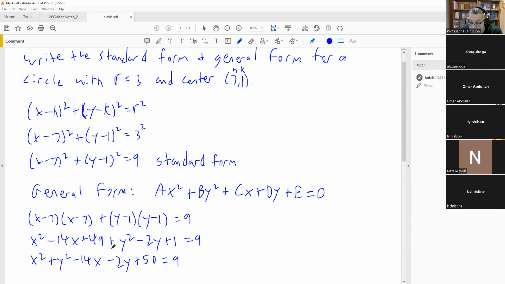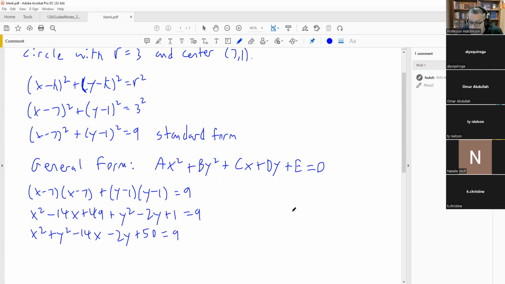49 and 1 gives you 50 there. Okay. The last step is we're going to subtract the 9 and get it to look that way. We can have it looking like that form right there. So we're going to have x squared plus y squared minus 14x minus 2y. If we subtract that over, 50 minus 9 is going to give you 41. And so that right there, this is the